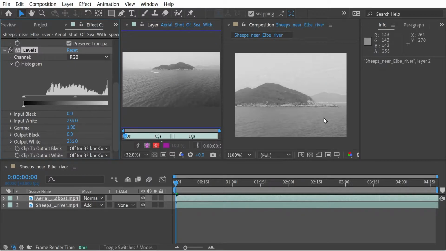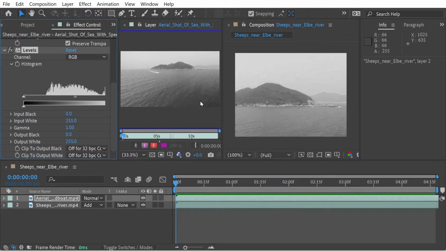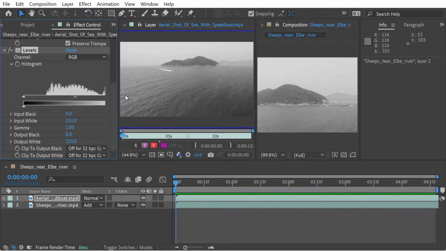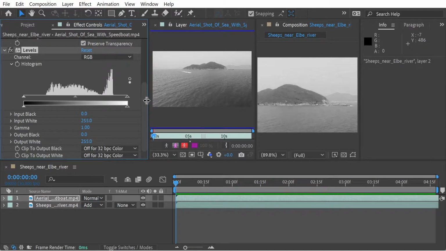And at the moment, you can see we're only sort of zoomed into this area of it, because the sheep clip is much smaller, basically. So let's have a look. So you can see how it looks essentially there. So the input of black,